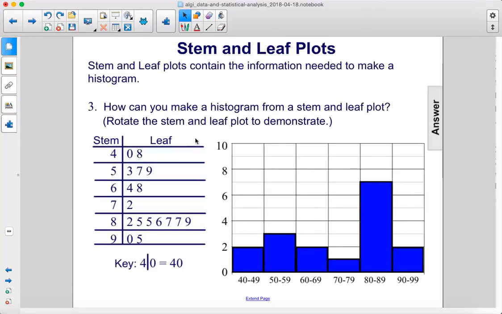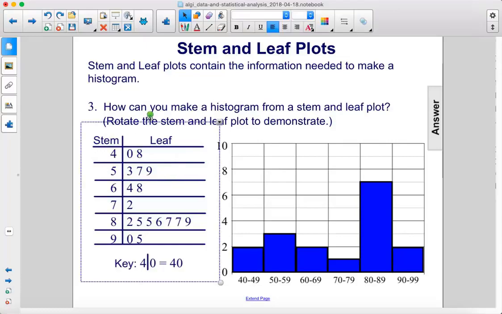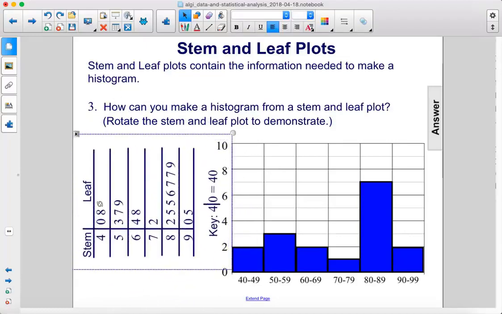How can you make a histogram from a stem and leaf plot? Well, all we have to do is rotate this to the left and we'll see that we now have a histogram. We have the intervals 4 stand for 40 to 49, 5 for 50 to 59, and so on. And the frequency here is the number of numbers. So here we have 2 numbers, 0 and 8, and so we have 2 entries. Here we have 3 numbers, and this one is 3. Over here we see that this is 7 high, and we have 1, 2, 3, 4, 5, 6, 7 numbers